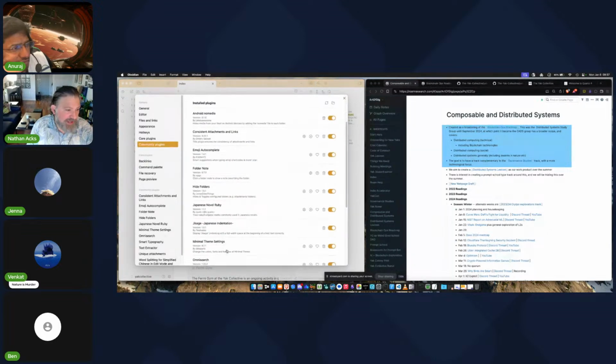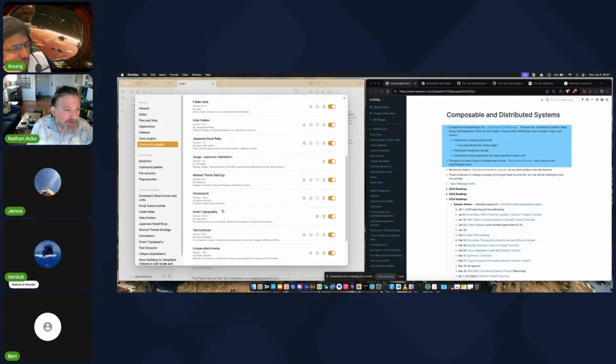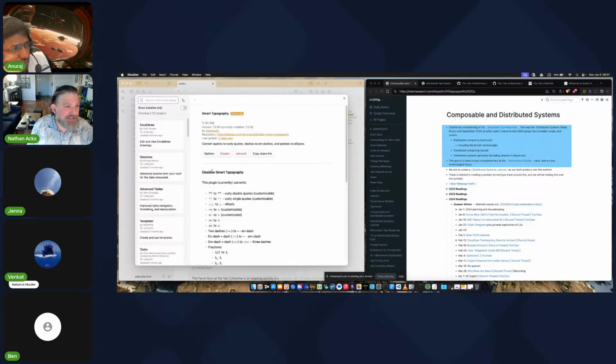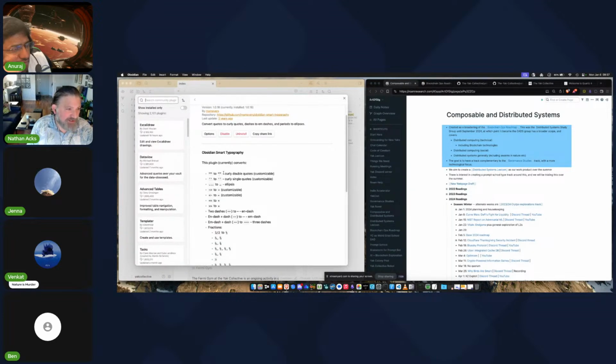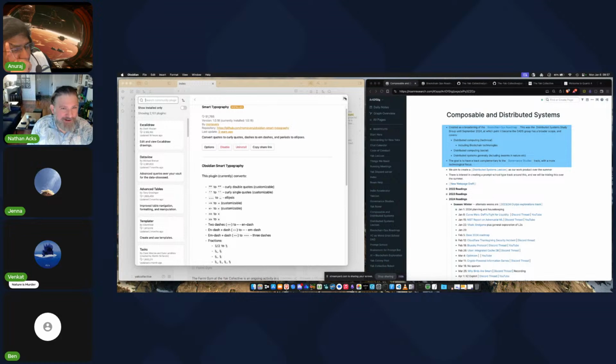We've got some plugins to handle other languages and to help out with OmniSearch. Not really using any of these right now, but if we ever did have something that was multilingual, OmniSearch gives us a nicer search in Obsidian, similar to the search that's on the website. Smart typography, Jenna, this is the plugin that if you use Obsidian, you'll want to use. This gives us curly quotes, curly single quotes, actual ellipses, nice arrows, and M dashes, which I am always excited about, things like that. So fun little plugin there. I use this everywhere.